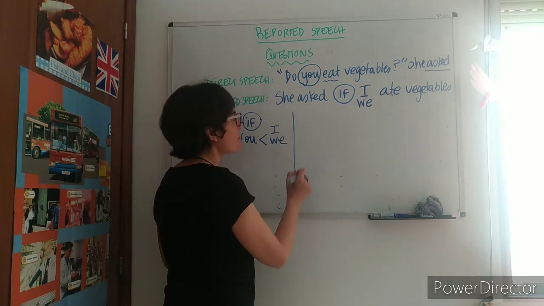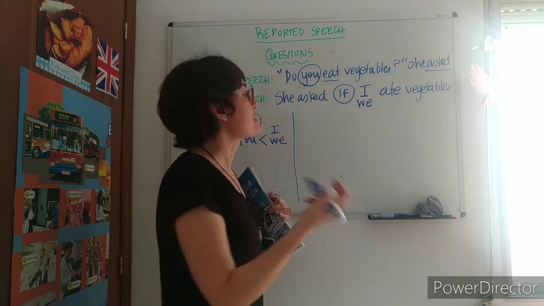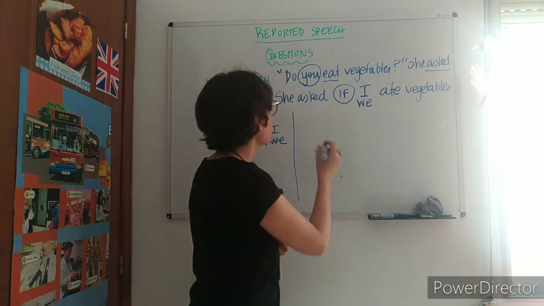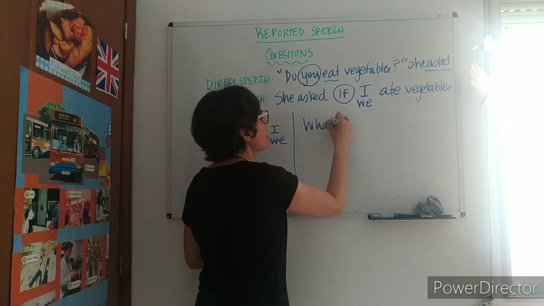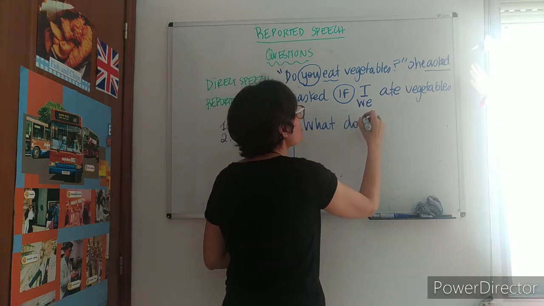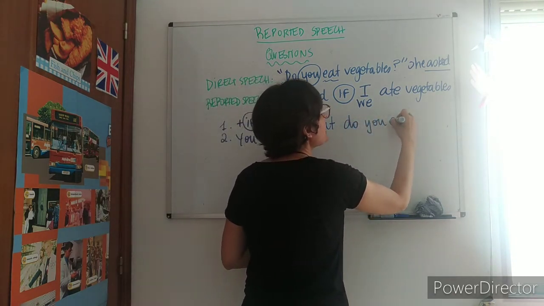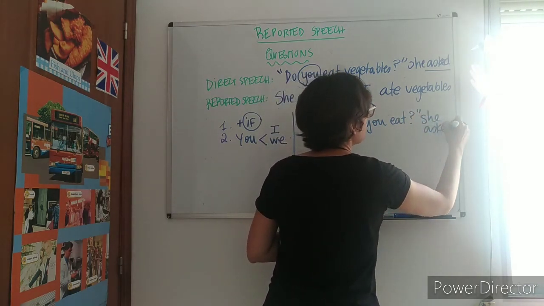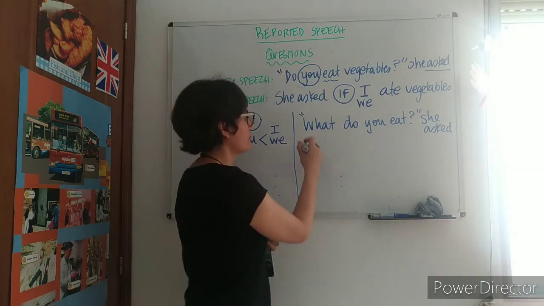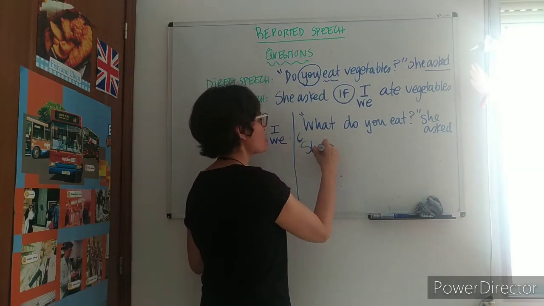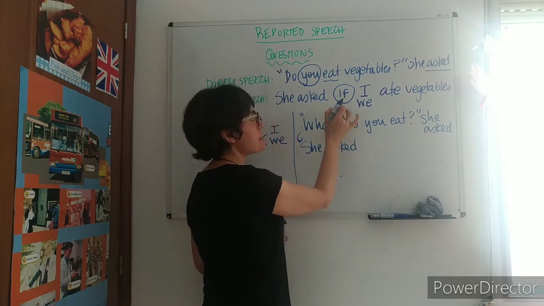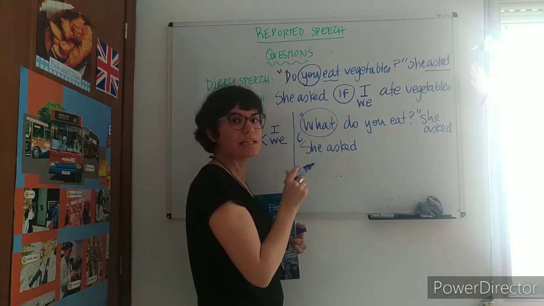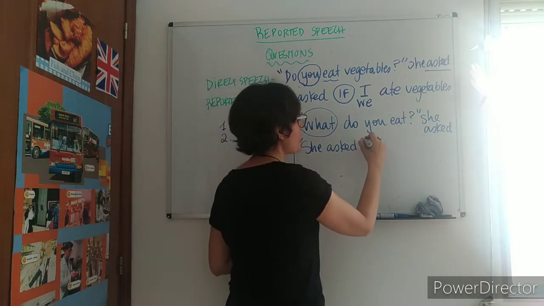If the question is a WH question, that means that it starts with what, when, where, how, who, okay. For example, what do you eat? She asked. In the reported speech, she asked, and instead of using if or whether, as we have the question word, that would be our link word. So,